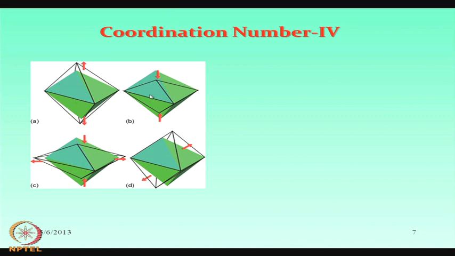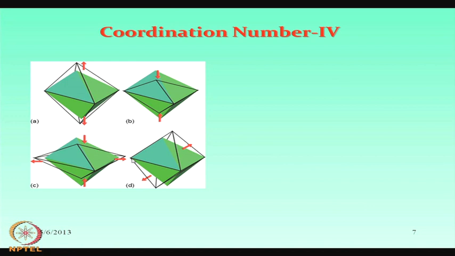So, this is the original octahedron. When they are compressed along these 2 directions, if we consider these 2 directions as the z axis, we call that z axis compression and your octahedron is typically distorted,